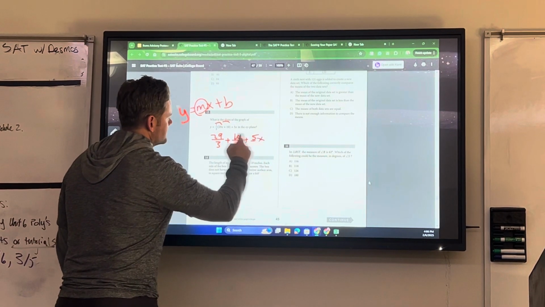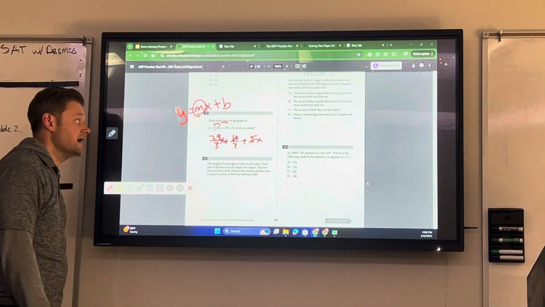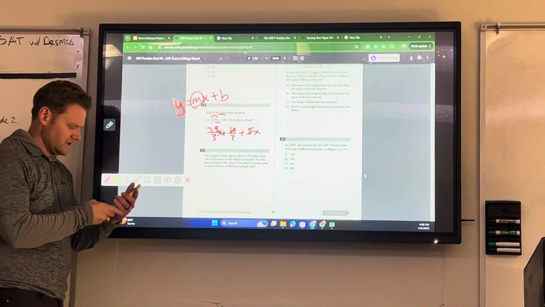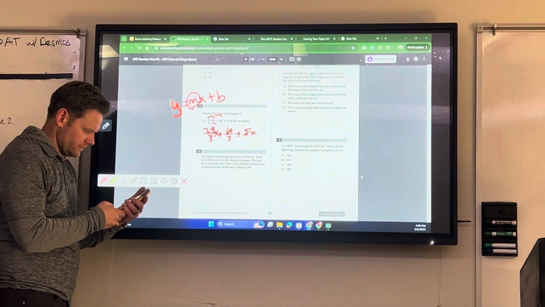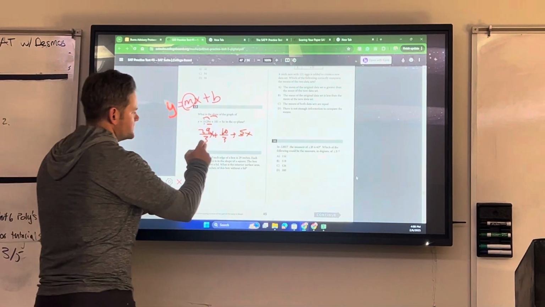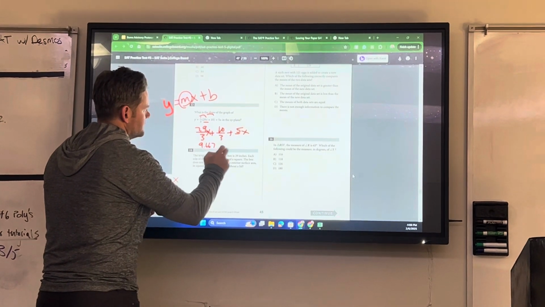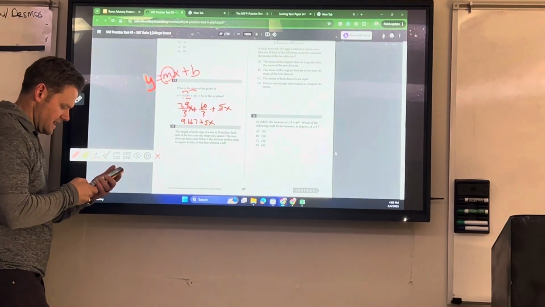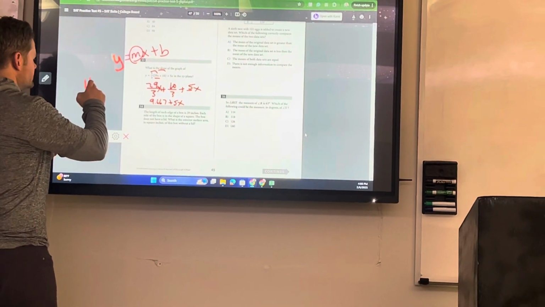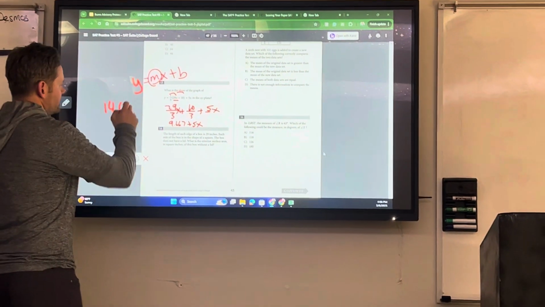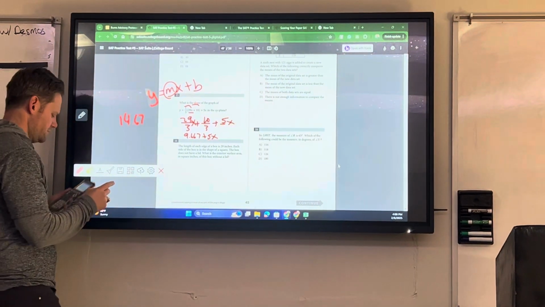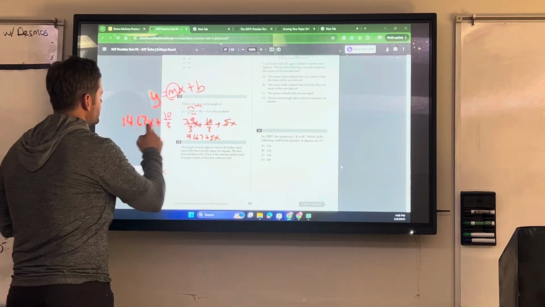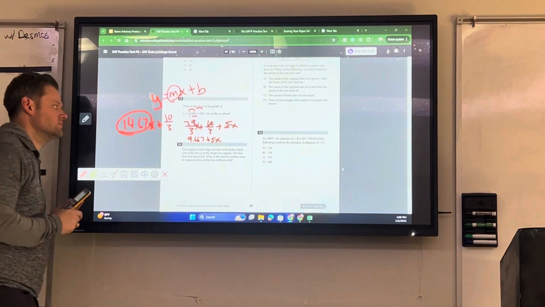All right, so I have 29 over 3, which is 9.667, plus my 5x over there. So I add 5 to that and I get 14.67, if I round to 1 decimal point, x plus my 10 thirds. So my slope there is going to be 14